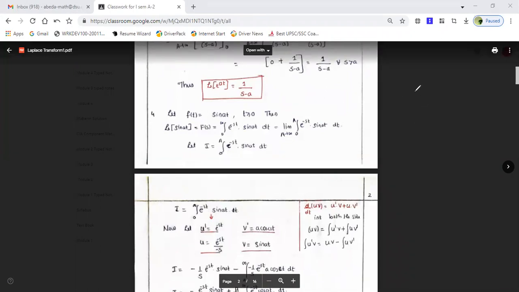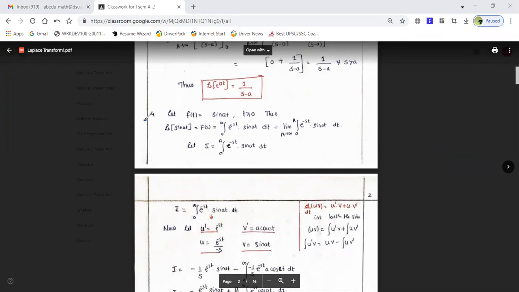I'll just tell you. Whenever you have two functions, say for example, t into e to the power minus st, there this t after differentiation comes to 0. If such functions are available, then only you can use that trick. Now the sin at example which I'm going to solve, here this particular trick is not going to work out. I'll show you how. So remember, if it is t, or t square, or some other function like x square, 2x, or 3x plus 4, anything like that, if after certain differentiation you're getting 0, there only you can apply the trick. Hope I'm clear. Okay, ma'am.